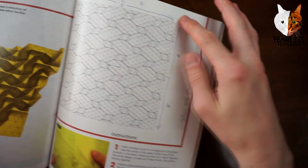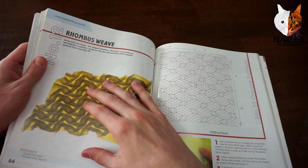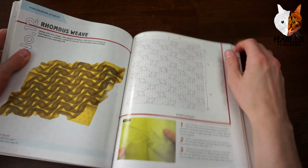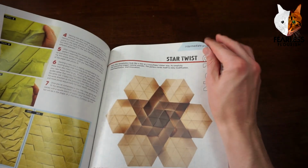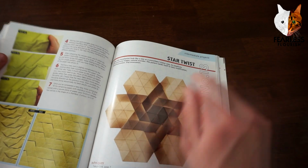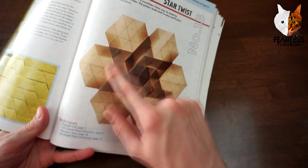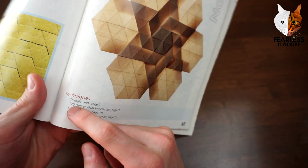So I wonder why I wrote. Again, we have the picture of the actual model that you would be making if you were to do it. Again, we have the steps and instructions. Again, detailed pictures which help to break down the steps that you would use to make it out. And also, I've just realised at the bottom of the model it has techniques, and then these techniques will be